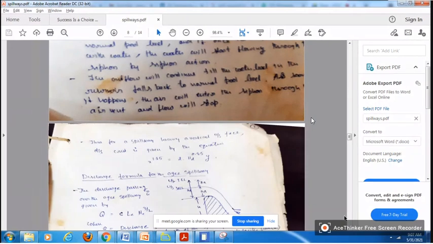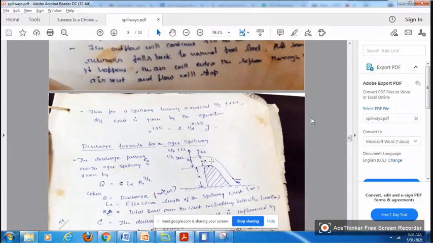Concrete, and then it will become an O-gauge spillway. The upstream profile of the O-gauge spillway is given by this equation: x to the power of n is equal to k Hd to the power of n minus 1 into y. The k and n values will be taken as per the upstream side of the spillway, right? So we will see it.